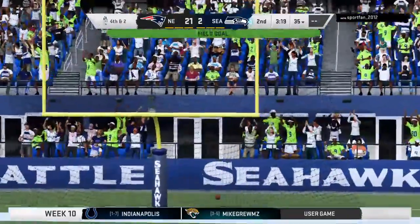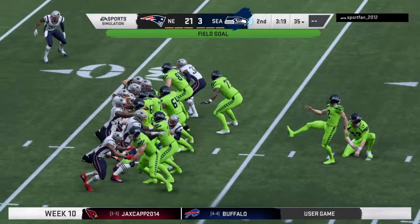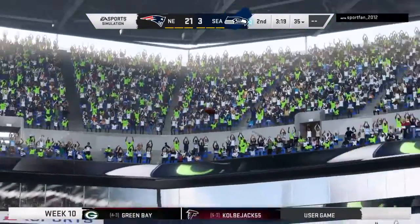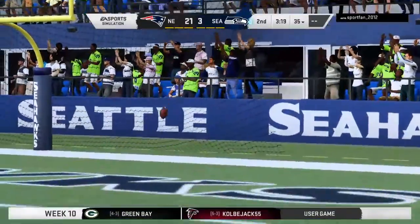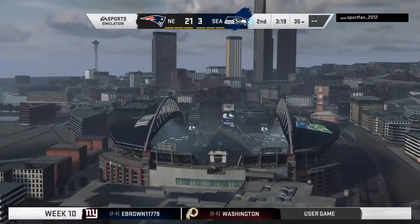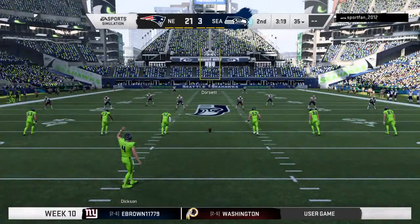Myers' kick is good. And the deficit drops now from 21 down to 18. So 3 drives now for this offense, and that field goal gives them their first 3 points. So if you're an offensive coordinator and you're averaging a point a drive, you're in the wrong line of work, aren't you? You got to find a way to unlock the key to these defenses and put some big points